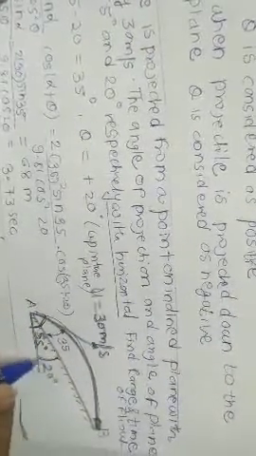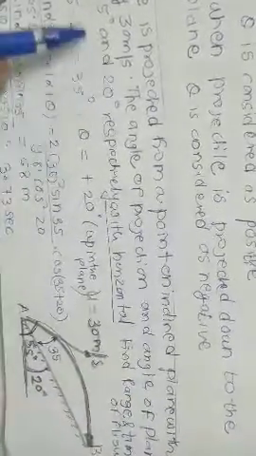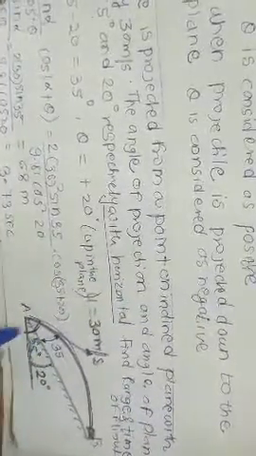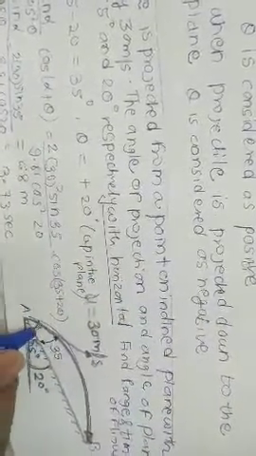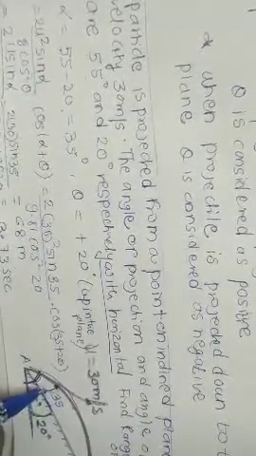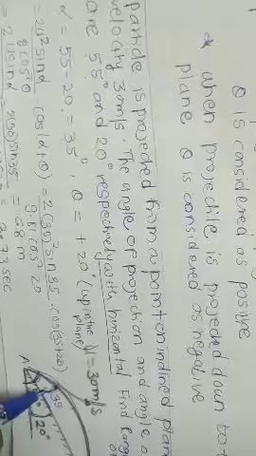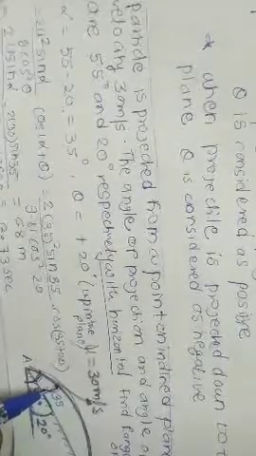It is fired up the plane. So the angle of projection is given with the horizontal as 55 degrees, while the angle of plane is given as 20 degrees with the horizontal plane. Both angles are given with the horizontal, but alpha is the angle of projection, the angle made by the velocity with the inclined plane. So therefore alpha is equal to 55 minus 20. We need only this angle for calculation, as this is the definition of angle of projection.